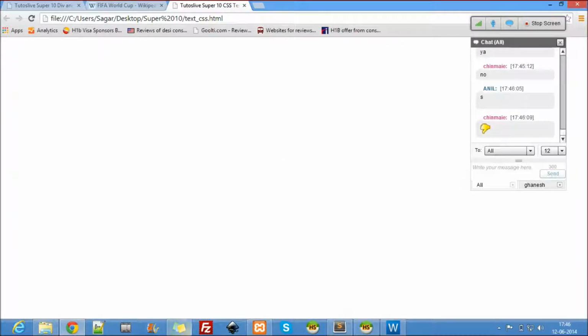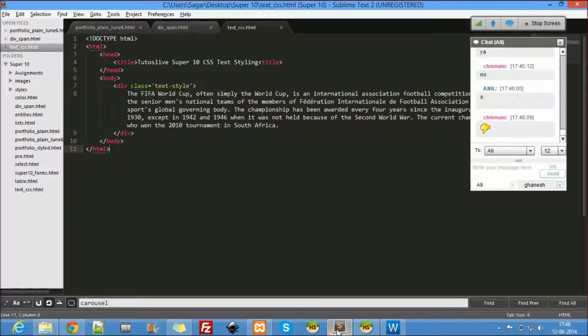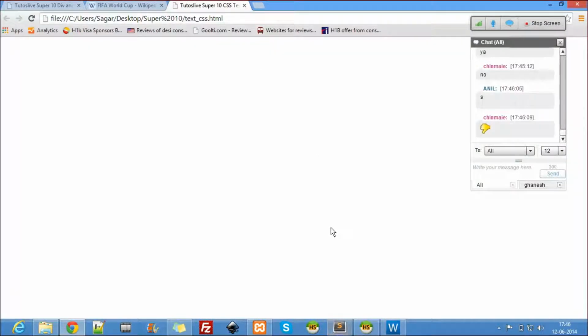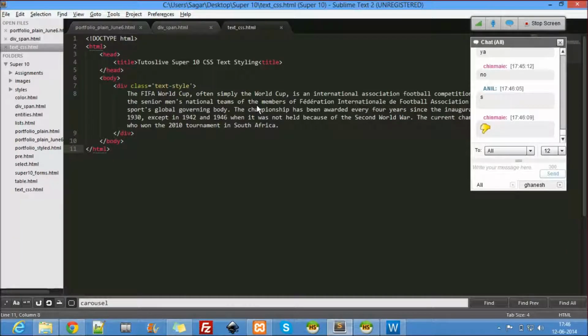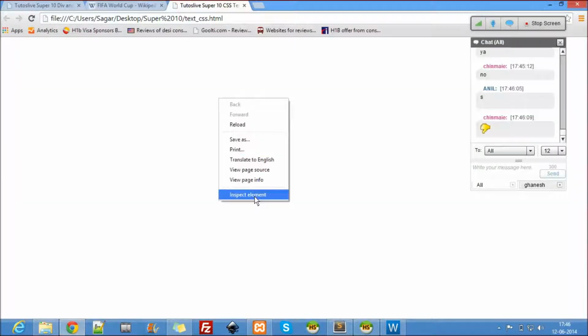So text CSS. Oh, what happened, text CSS? Maybe this is not letting us do anything.